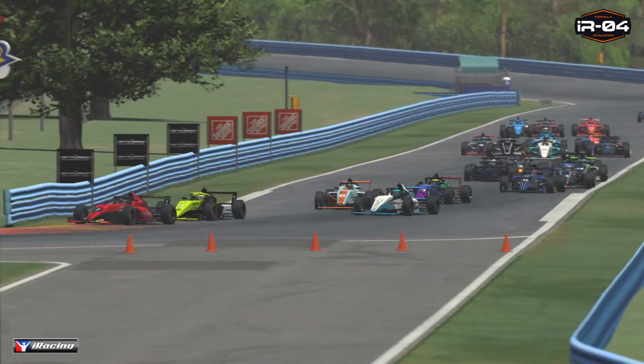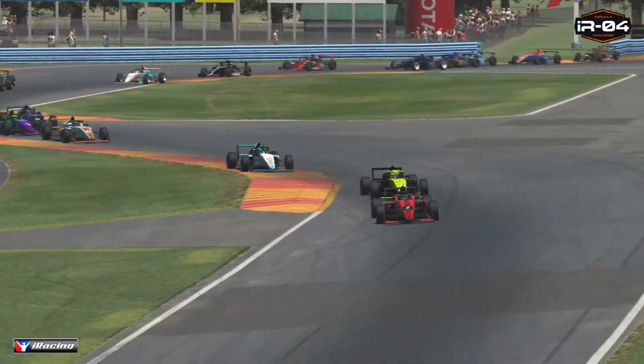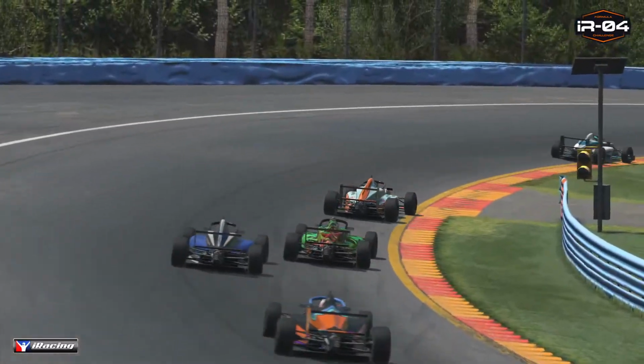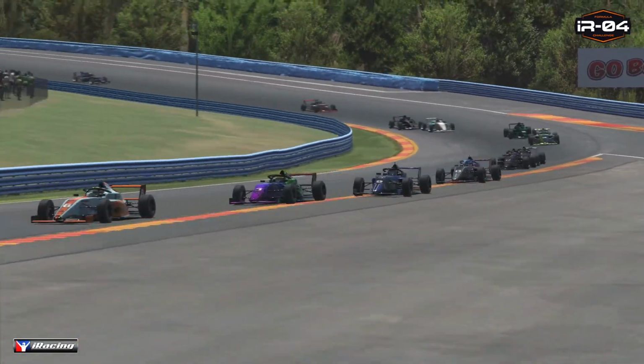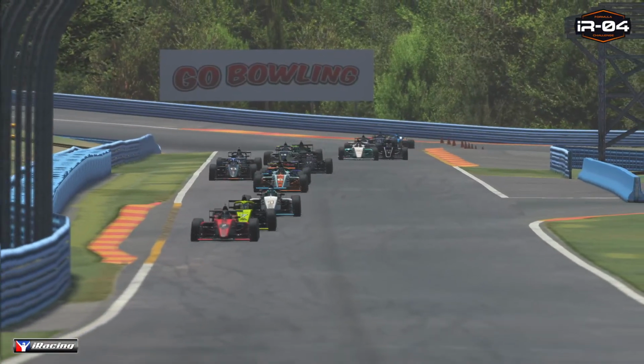The number 2 takes the lead, the number 6 looking interested through the very deadly chicane for the first time. And that number 7 got mugged by the red and black car towards this fast right-hander for the first time. He's got himself into the lead. And that just shows you how important that slipstream is, and we're going to see that all the way through this race. Look at this mid-pack trying to hold on to each other, coming towards the final couple of corners